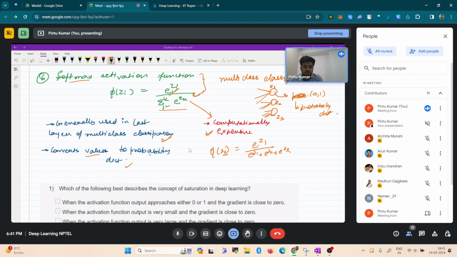Any doubts related to these activation functions that we have talked about? Then we can try attempting questions based on them. Any doubts? Sir, what is exponential ReLU? Okay, so